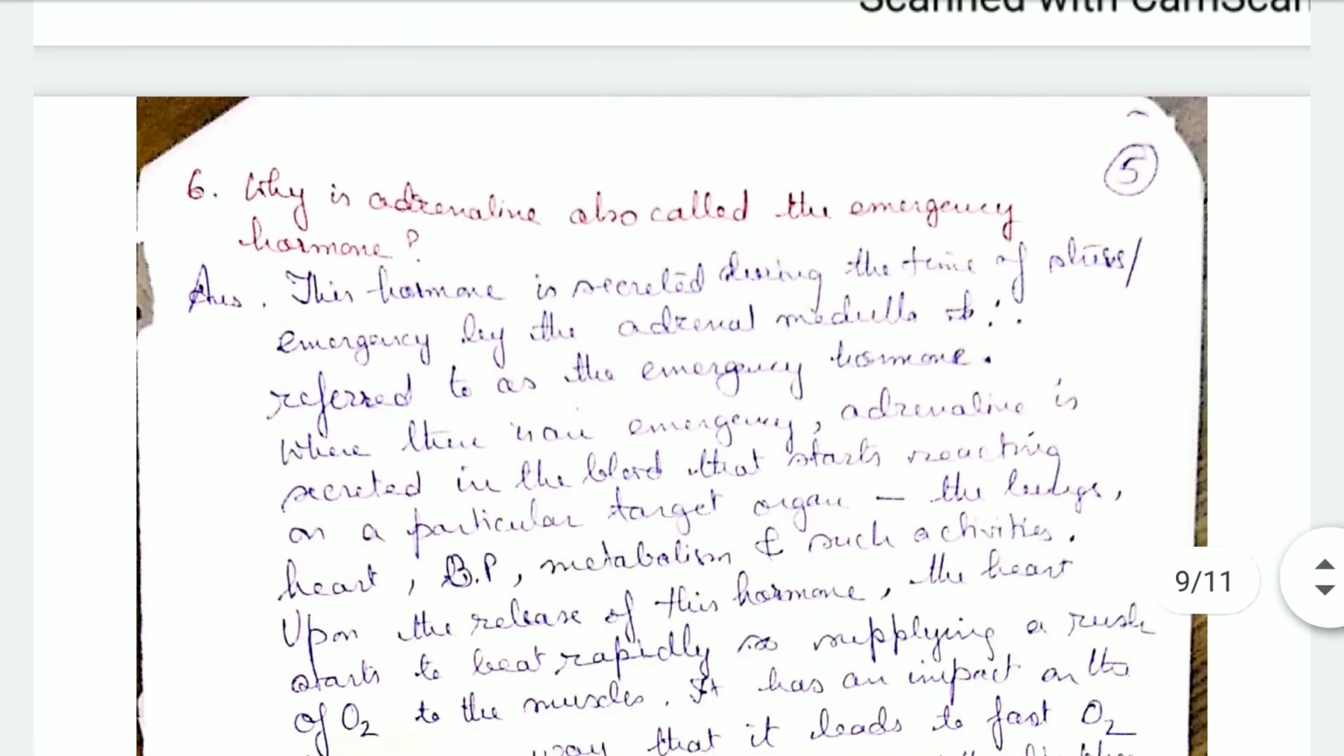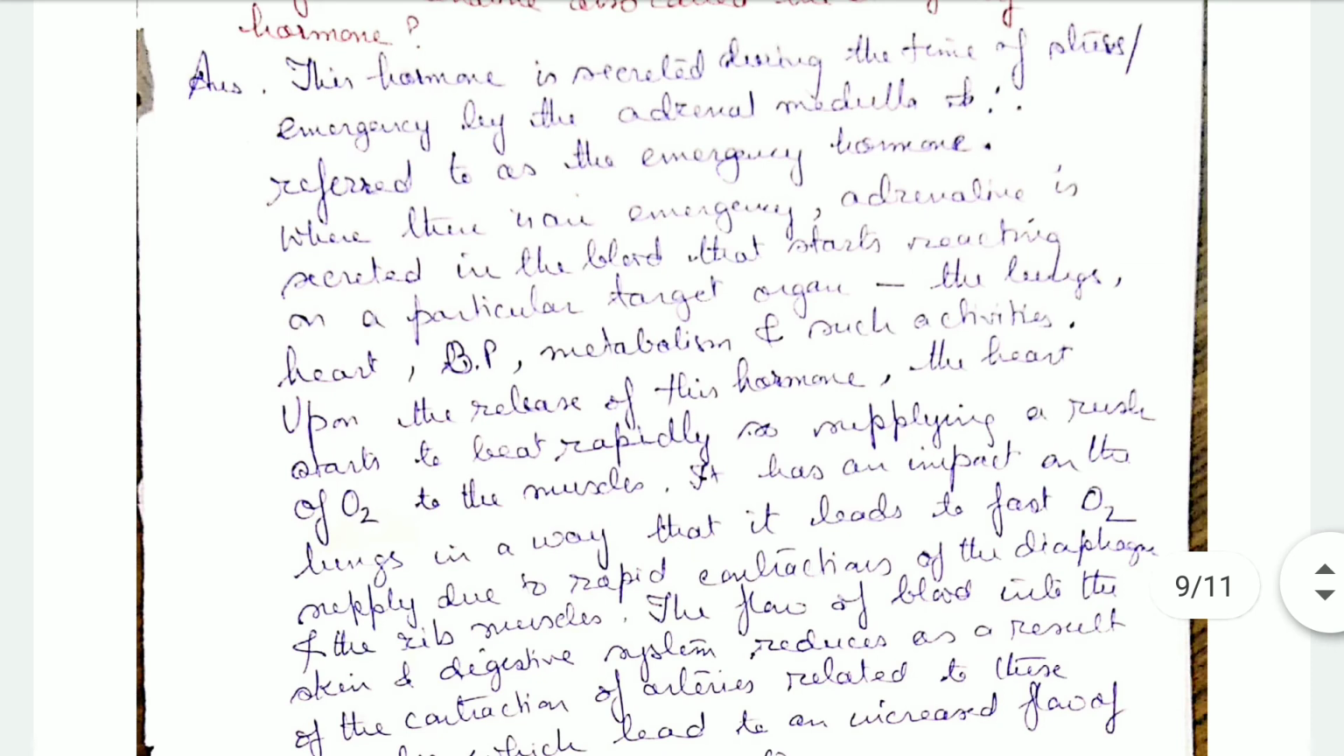Now, why is adrenaline called an emergency hormone? Because this hormone, that is adrenaline, is secreted during the time of stress or an emergency by the adrenal medulla. Therefore it is referred to as the emergency hormone. When there is an emergency, adrenaline is secreted in the blood, and it reaches particular target organs, the lungs, heart, blood pressure, metabolism, and such activities,